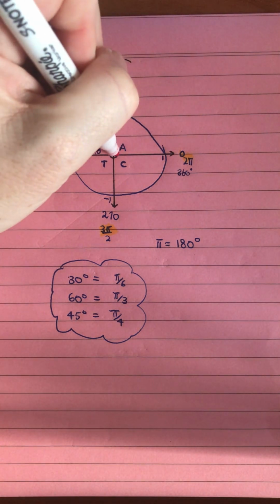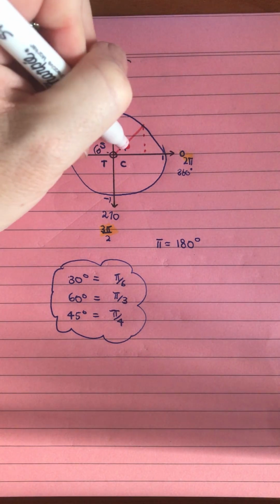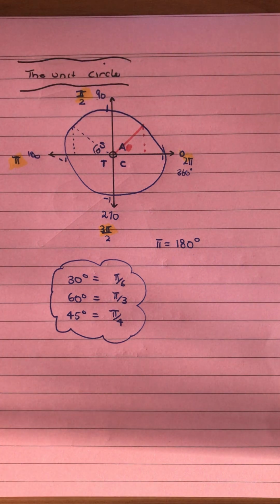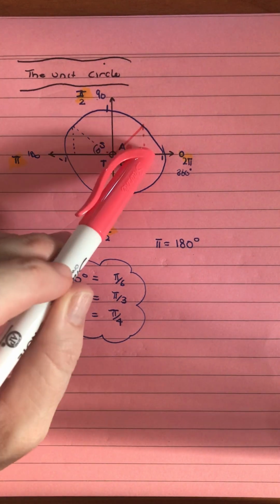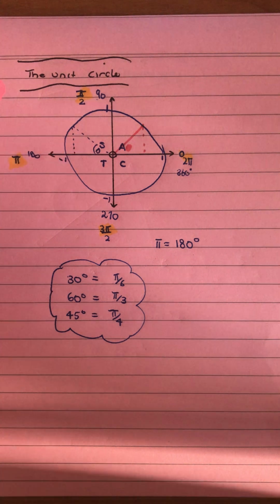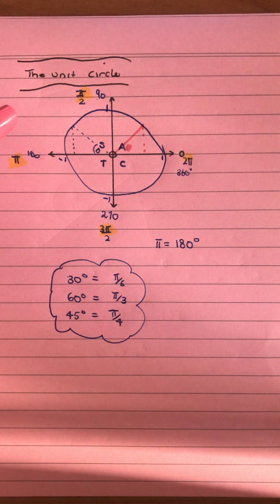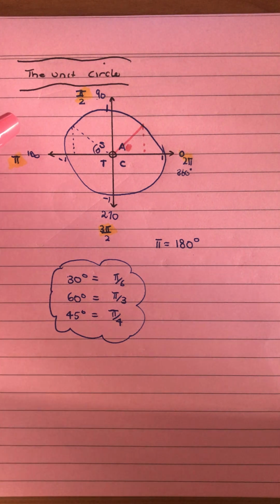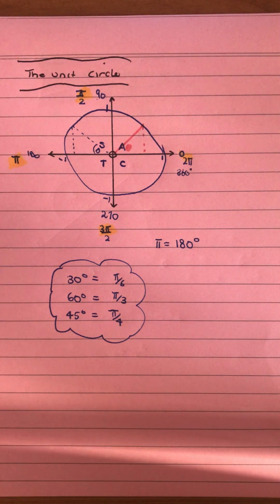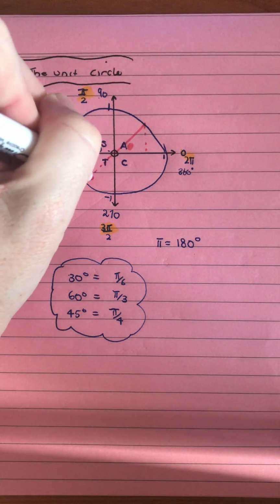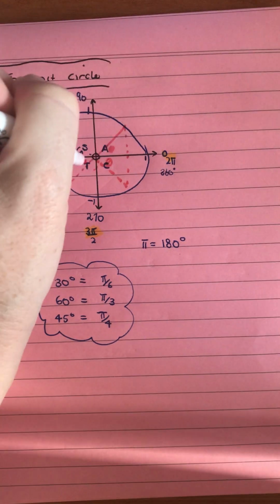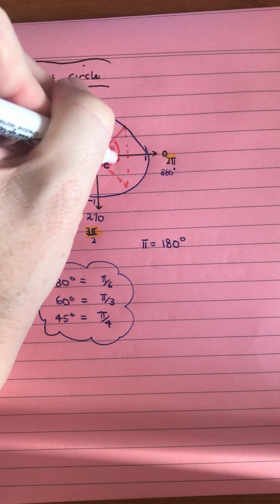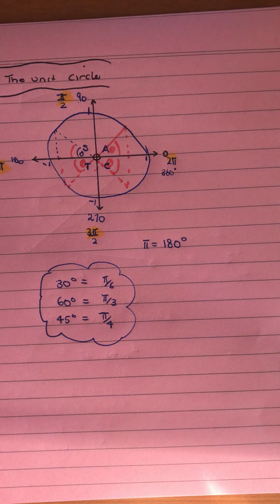So if we draw one in the first quadrant, that's always called our reference angle. So we'll pop one there. Then we know that there is symmetry in our unit circle. So if we draw one the same angle over here, they're going to be equal in value. They may have a different sign, so they may be negative depending on what ratio you're looking at. In the same way, we can also draw another one down here and another one down here. So these all have the same angle from the horizontal, which means their numerical value will be the same,